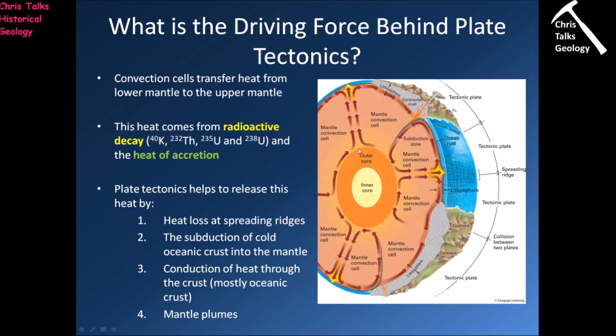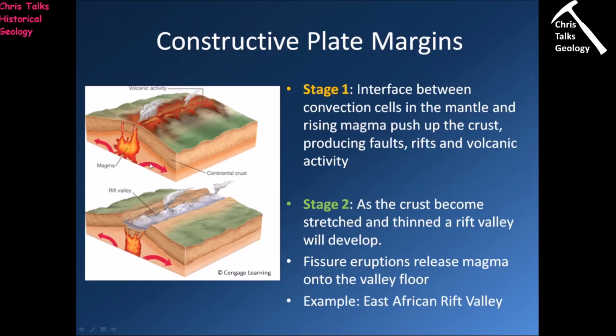So we have a situation like this. We have one convection cell coming up here and one convection cell coming up here. Now, if there is something like a mantle plume forming, it's naturally going to be channeled up here between these two convection cells. And so this means that you'll also get large amounts of magma gathering underneath this divergent plate boundary. So we not only have the convection cell pulling this piece of crust this way, and this piece of crust this way, we also have magma naturally pooling at the point where these two convection cells meet,